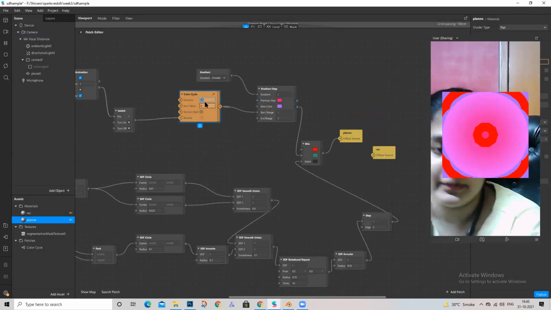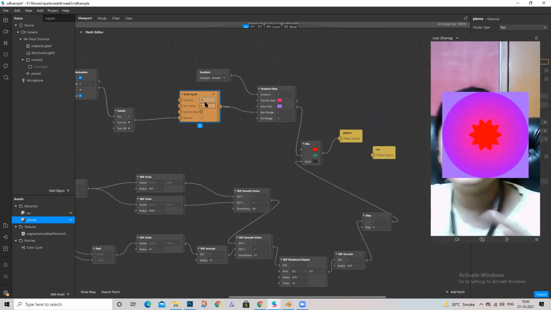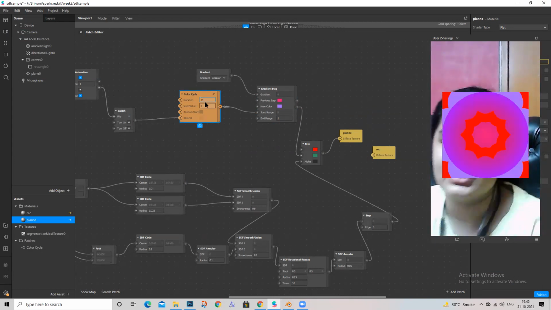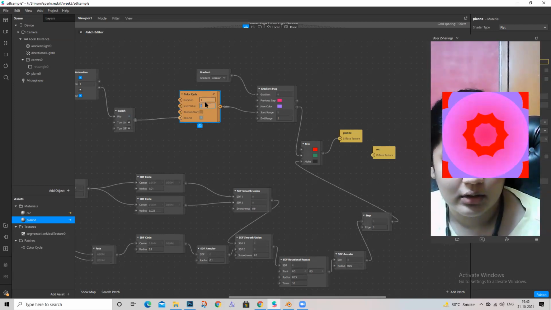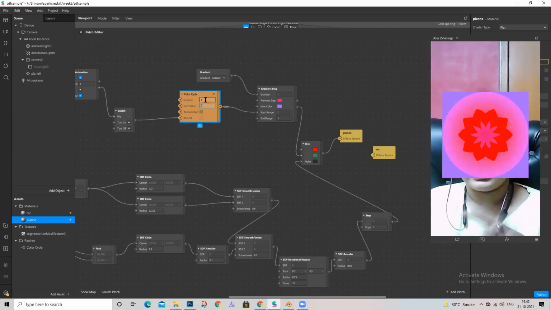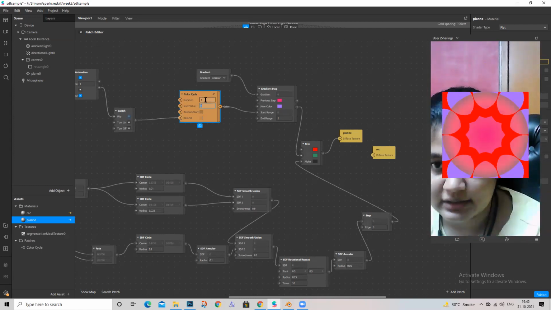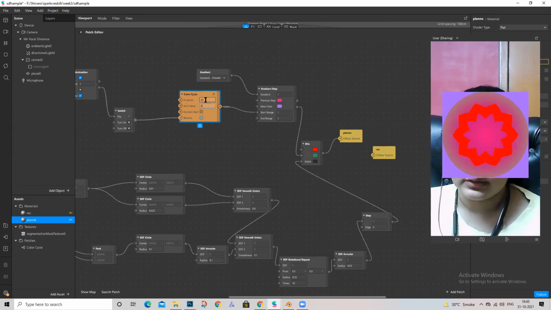I kept the duration at 15, so the color keeps changing over a 15-second duration. I can also turn it to 1. See, the speed is increased because the duration is 1 second here. If I do 20, it will be slower, a little more slow and smooth.